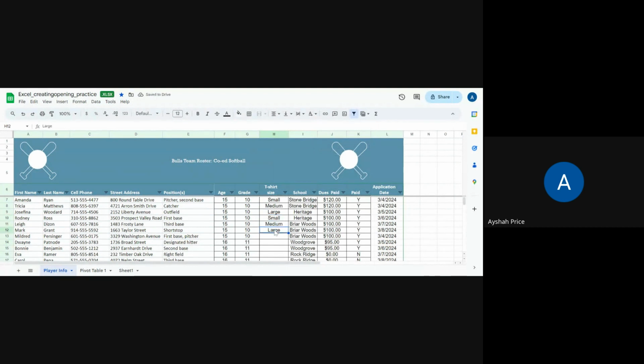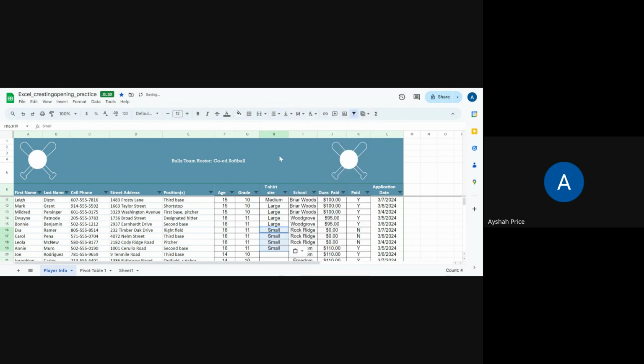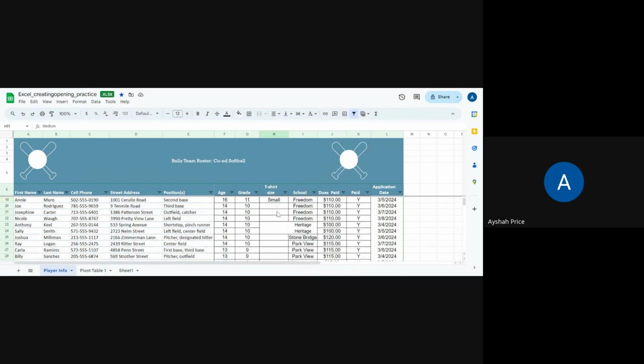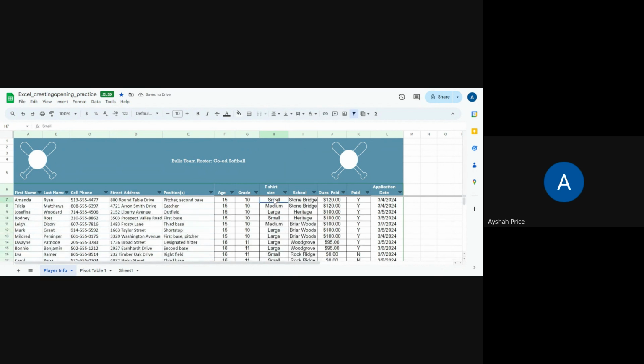Okay. If you wanted to randomize and put like a bunch of larges in one section and you wanted to do some smalls in one section, you also can hit control on your keyboard and it will put them wherever, if you highlight with control multiple times, it will highlight it and put it there for you. So you can just kind of randomize it if you want. That would be great. And you can highlight multiple cells if you wanted to go into multiple cells. Okay. So you can do that, or you can just do this,